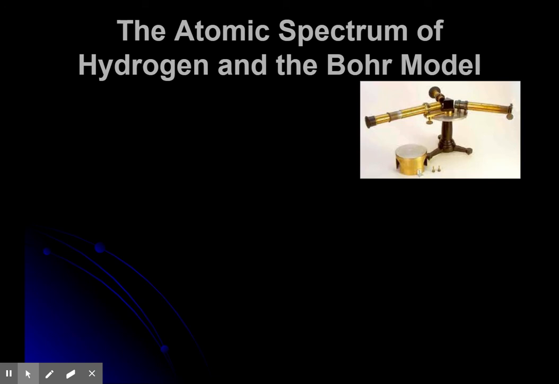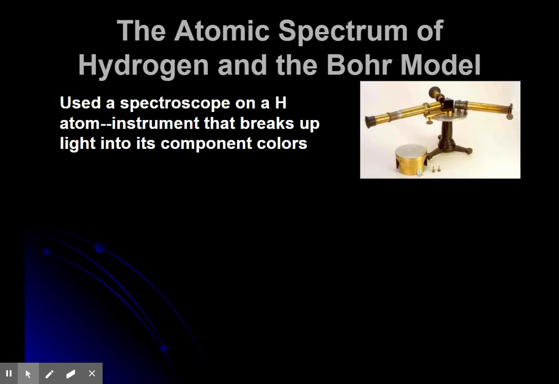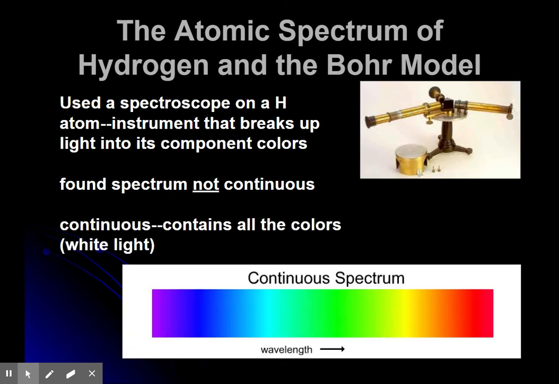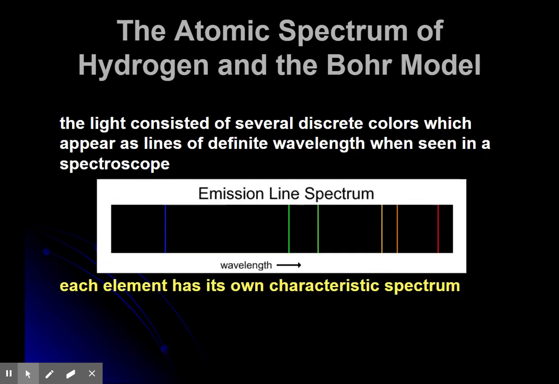So he had a tube of hydrogen gas and he hooked some electricity up to it and it started to glow. And if you remember, that's how we ended up discovering the electron, with that glowing particle that happens when you hook a tube filled with a gas up to electricity. Well, he looked at this glowing tube through his spectroscope. And he found that the spectrum was not continuous. He thought he'd see a rainbow, a continuous spectrum, but that's not what he saw at all. What he ended up seeing was more like this.